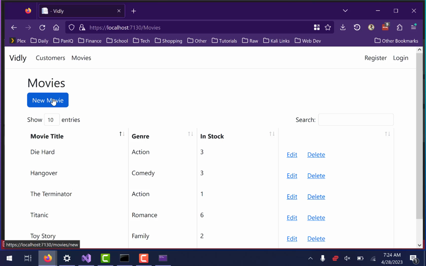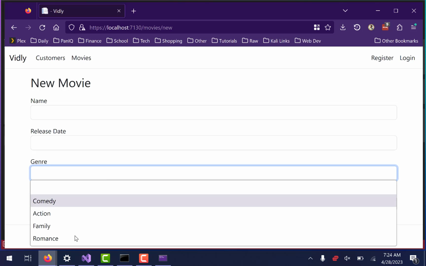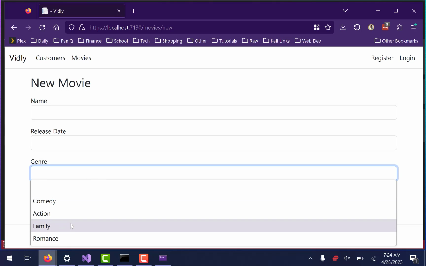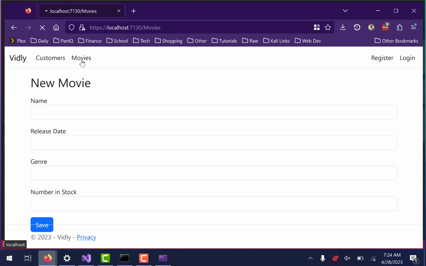And then I can also make new movies if I need to. So if I make a new movie, it gives me this form, I can fill it all out. Again, the genre is its own separate database of different types of genres that I can select. But then additionally,